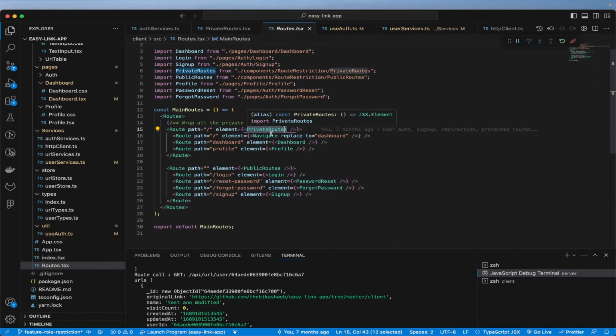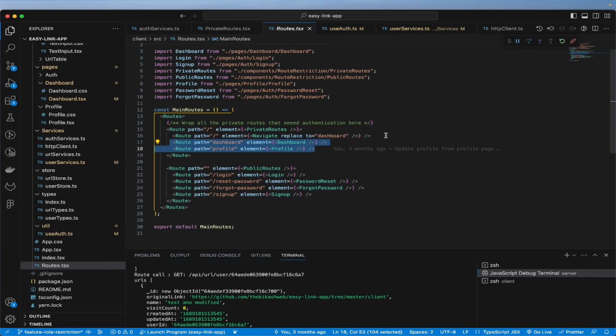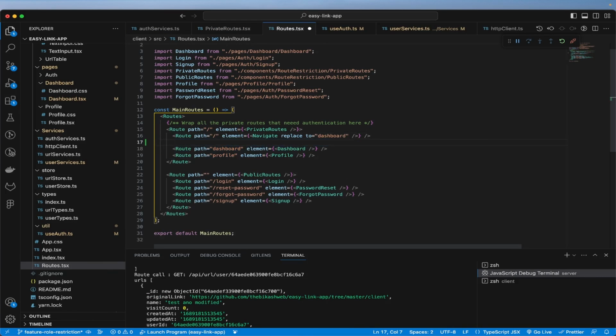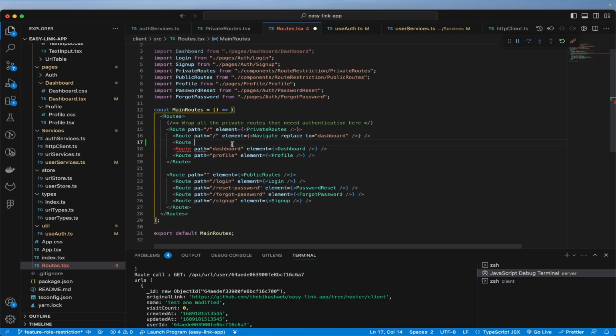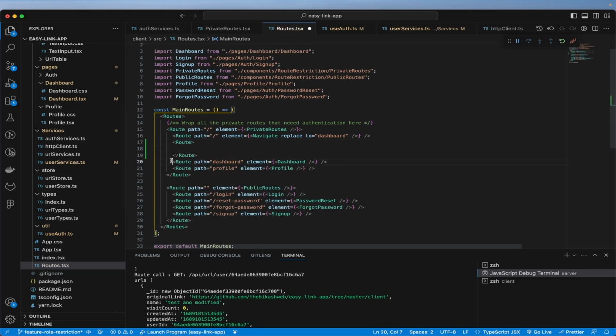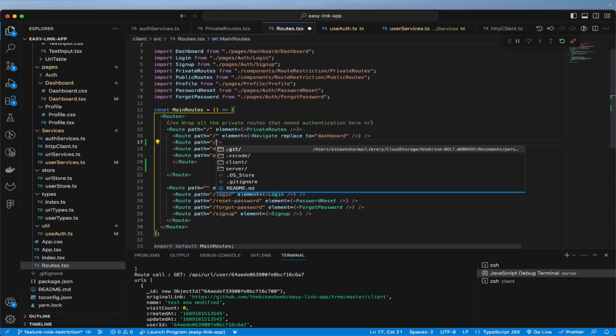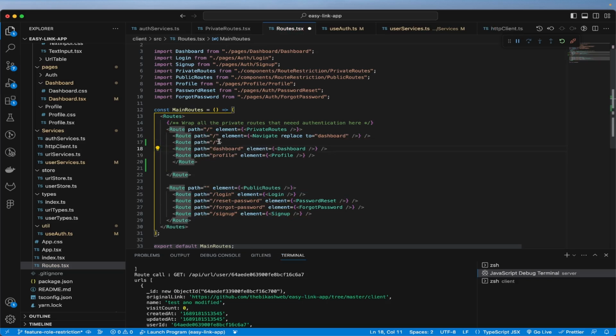Just like we have these private routes and public routes, let's say these are the routes that we want only for admin. Then all you would do here is something similar to what I have done here: you just wrap it. So we will have two routes. I will put these routes inside this route here, and then I can just call path, like the main path, and then I will have element and I will call admin routes. I'm just telling you. And then when we have those admin routes there,